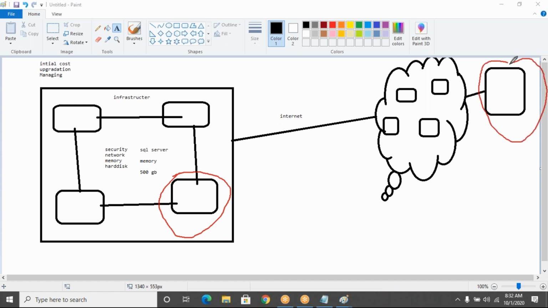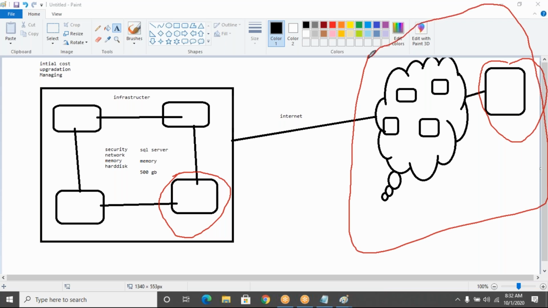So who is taking care of all these things? Microsoft. Microsoft is simply selling their services, software, or the infrastructure or the platform related products through the internet.